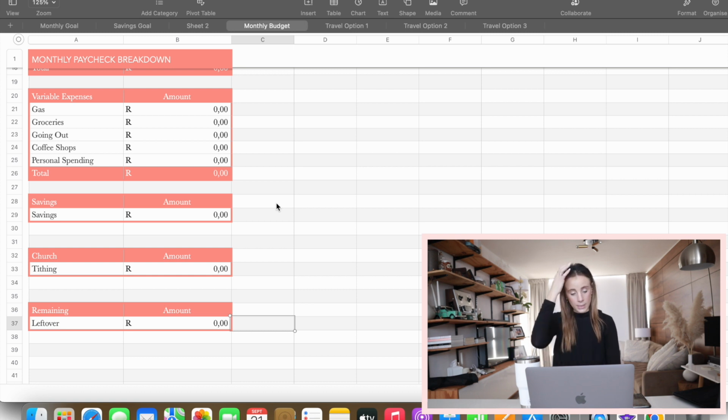So that's basically it from a template perspective and a preparation for payday. That's kind of what I do, and I feel it helps a lot to, prior to payday, reflect on the previous month: if you went over your budget, were you under budget, and why.